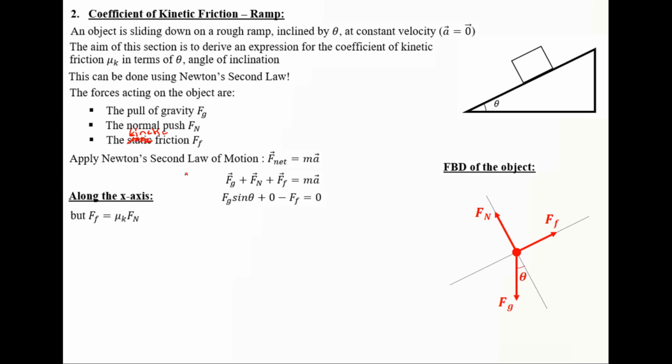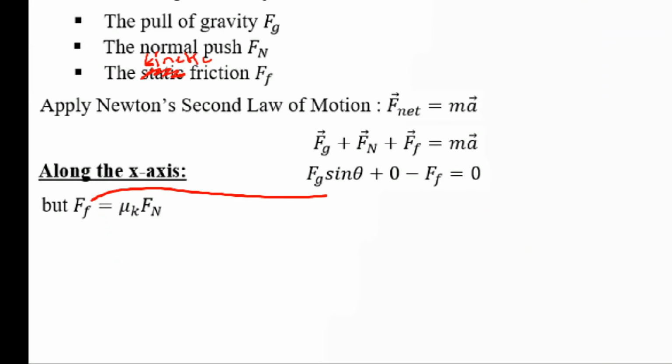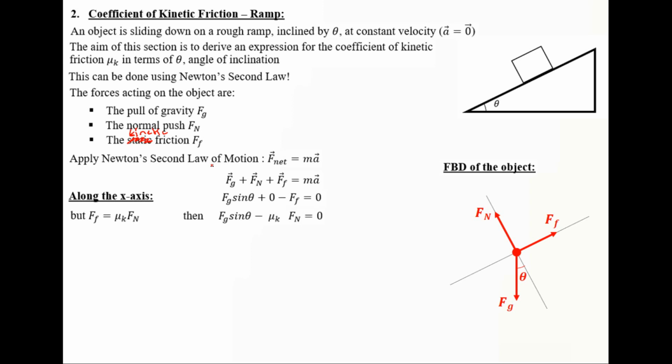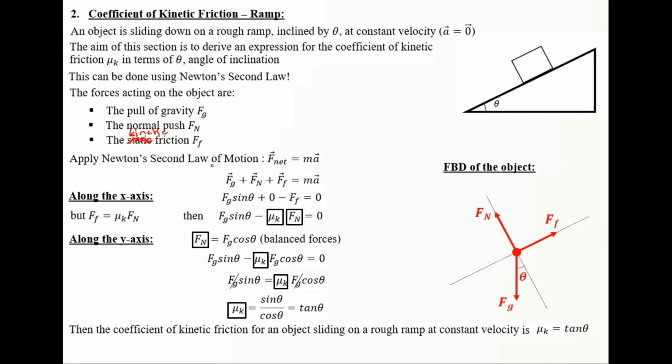Now we know that this can be used always and forever independent of the type of motion, and this would be replaced here. And now we're left with two unknowns, μk and Fn, but remember that we're interested in determining μk. Fn can be determined by considering the y direction, knowing that Fn is balanced by Fg cosine theta, replacing in the previous equation, taking to the other side, simplifying with the pull of gravity, we're left that μk